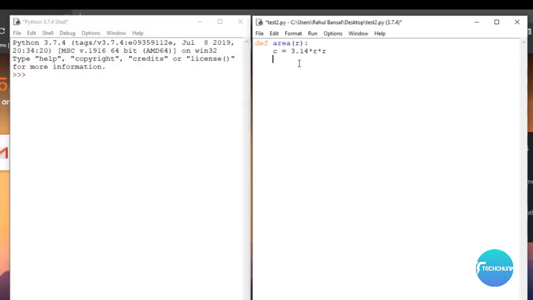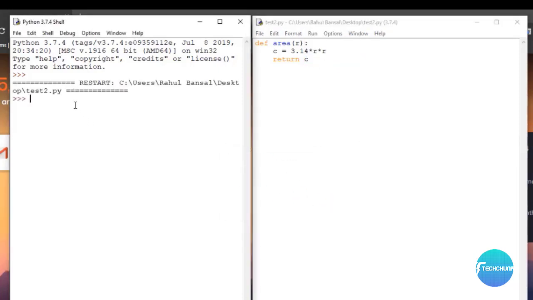Now write return c. So now we have defined a function named area. What it does is calculate the area of a circle, and this is the parameter r, the radius that we will give it so that it can calculate the area of the circle. Now to use it, we first run the module.